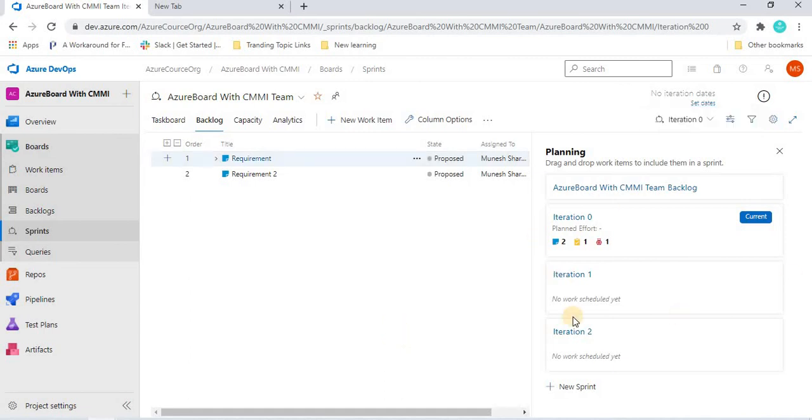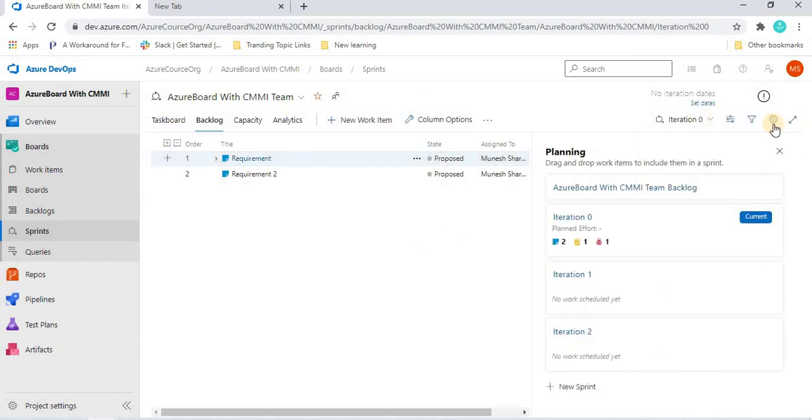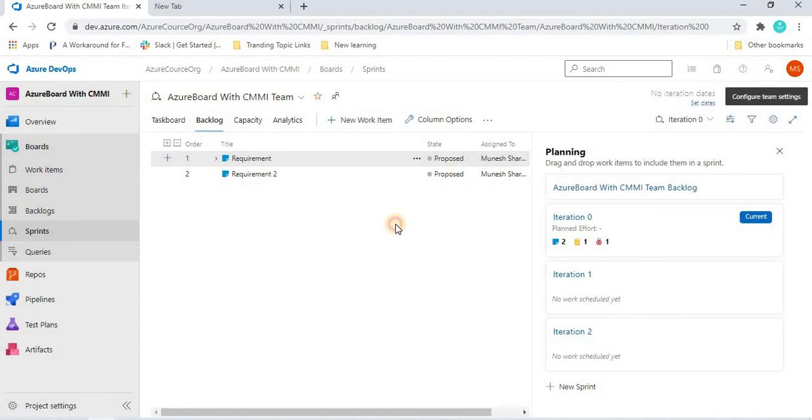Any process we select, all these things will be similar. If I close this one and go back, then we can click here and get the planning tab. And there are different types of settings. Based on those settings, we can manage how our board or backlog looks. So it is similar to the previous processes, the basic process and the agile process.